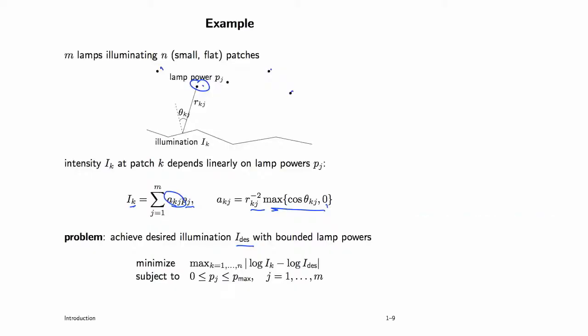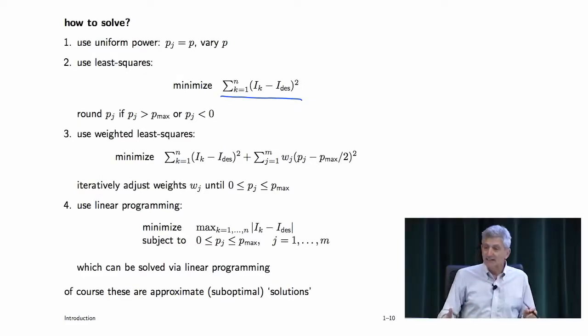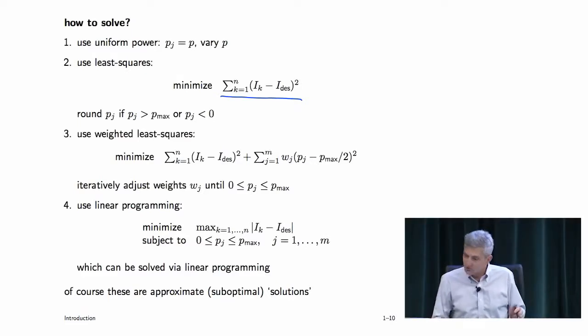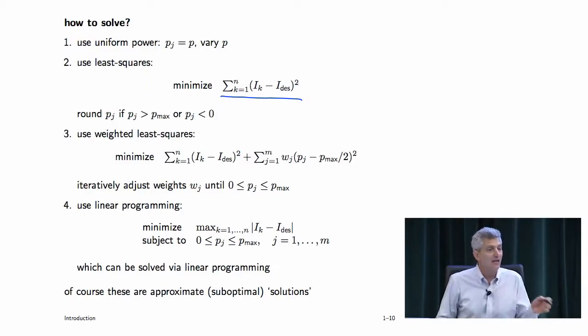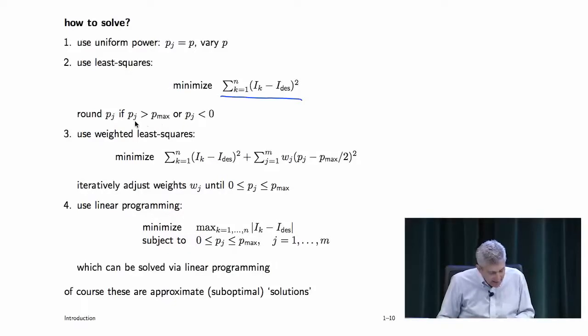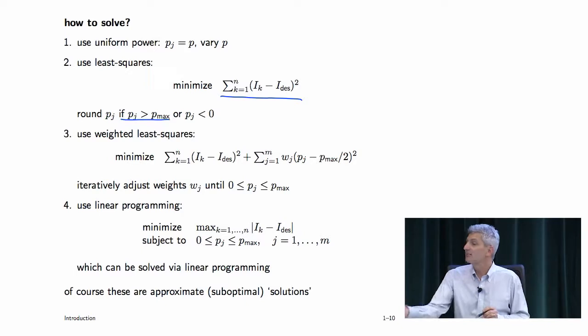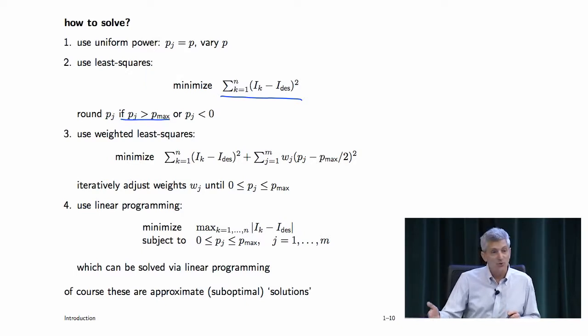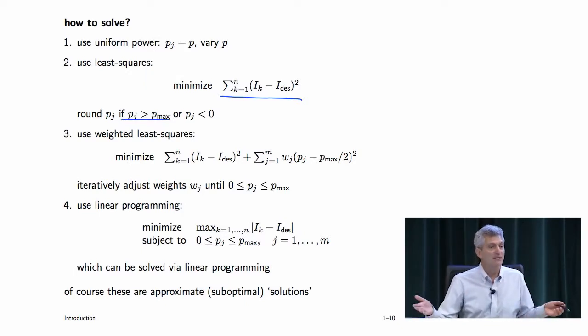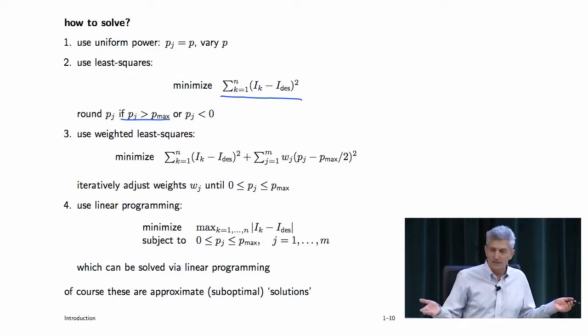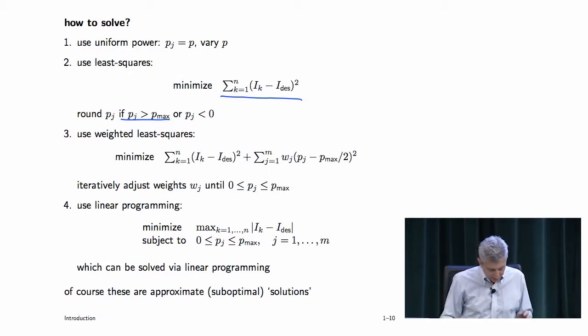It violates the constraints. Okay, so then you would go into some weird mode where you would do things like this. You'd say, okay, I'll do least squares and get some lamp powers. And then if the P_j that's being called for in least squares is negative, I'll clip it off. I'll make it 0. I'll turn that lamp off, okay? And if P_j is bigger than my maximum allowed power, if my maximum allowed power is 10 kilowatts and it comes out as 20 kilowatts, I'll just clip it to 10. I'll do as much as I can, right? And if you're lucky, something like this might work, right?